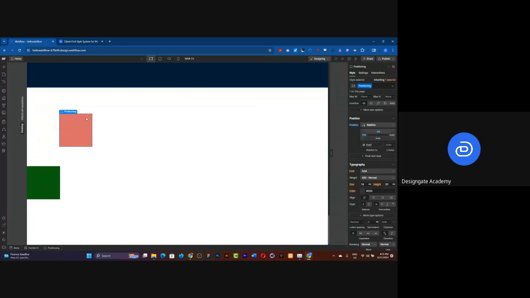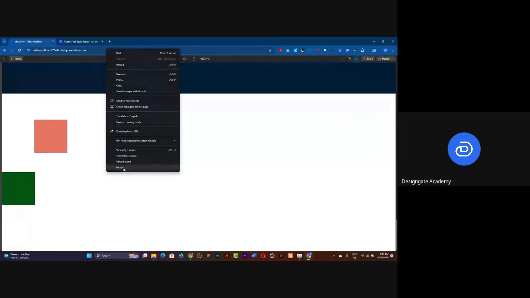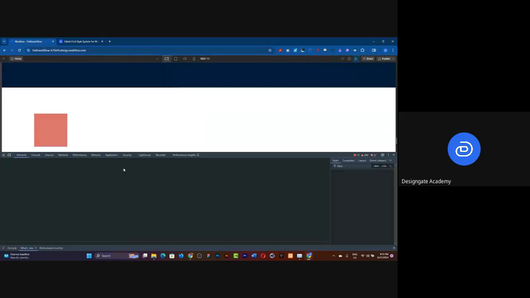Everything, even these white spaces, is still here, just that it's now a negative space, but it's still considered this area. If you inspect this, we've not published. If we go ahead and inspect this,